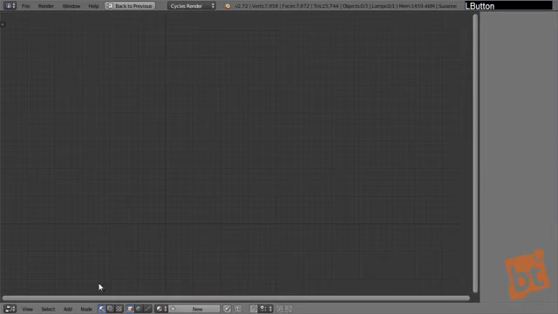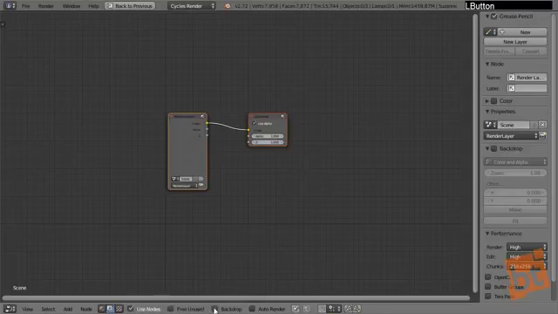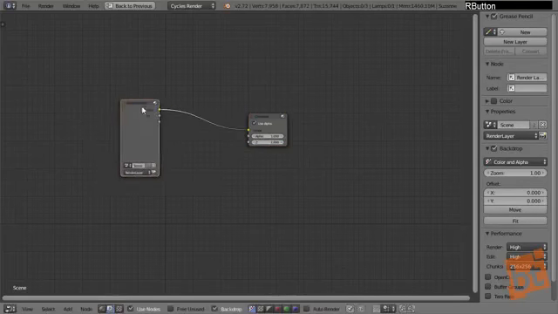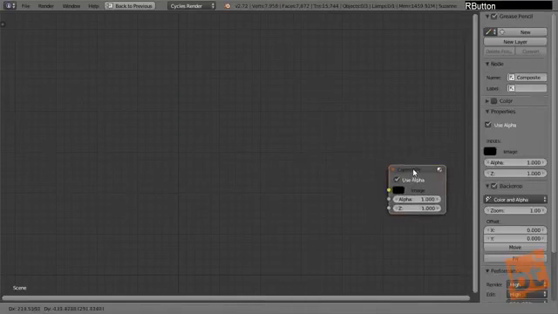Let's go to the node editor, open the compositing, use nodes, and enable the backdrop so we can see what's going on. Let's just select these render layers and delete it. Okay, we're not going to render anything from the 3D scene. We just want